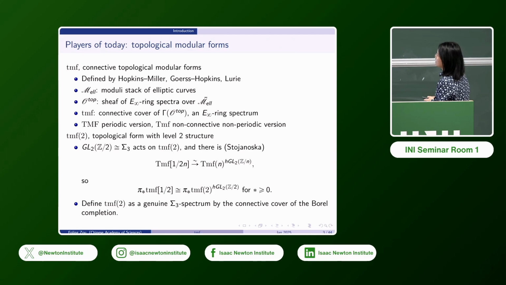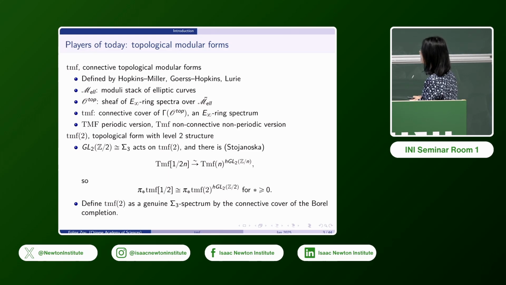So the object we are computing is topological modular forms with level 2 structure. It is constructed similarly as above, but you want your elliptic curves to have a fixed level 2 structure. And then there is this GL2(Z/2), which is the symmetric group on 3 letters, acting on TMF. And Vesna, in her paper,